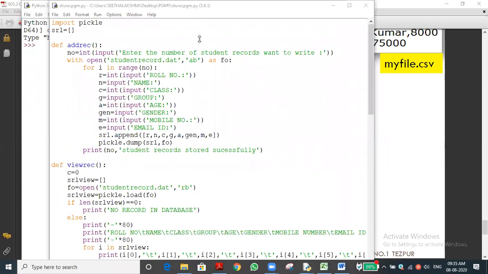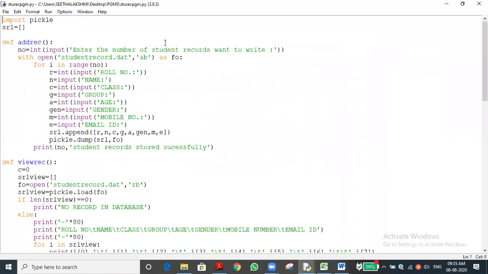This is the program I think I gave you. One minute, I will maximize it. Student record, add student. I forgot to do one thing, that is update record. I will do that, not an issue. You can see add record is a function, and in that function, it is very easy.